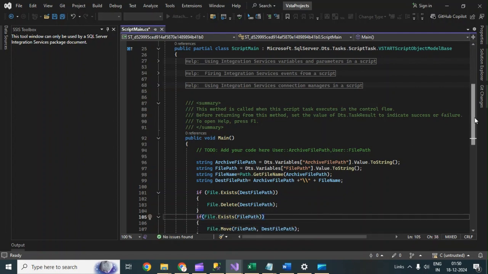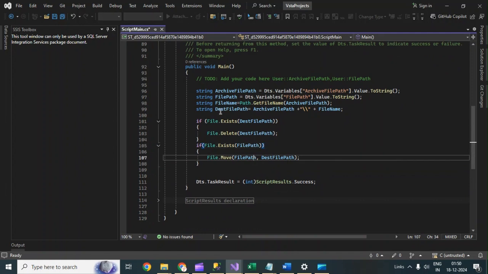Now our code is ready. First of all, if the file exists in the destination folder, then it will delete the file. If the file exists in the source, then it will be moved from this location to this location. So basically this is the code that we need to write for archiving the file from the source to the destination. Then after that we will add the breakpoint,